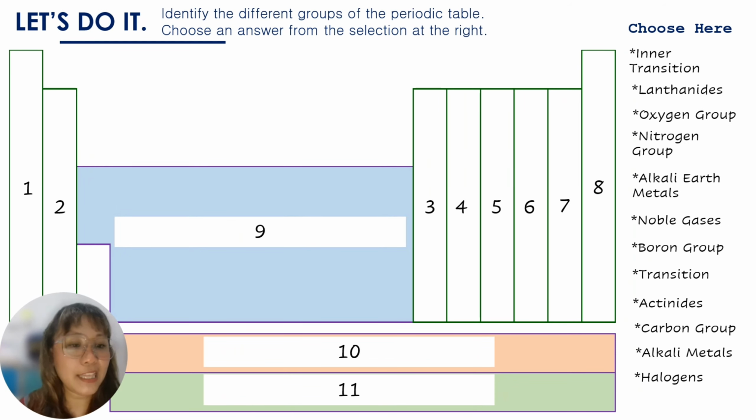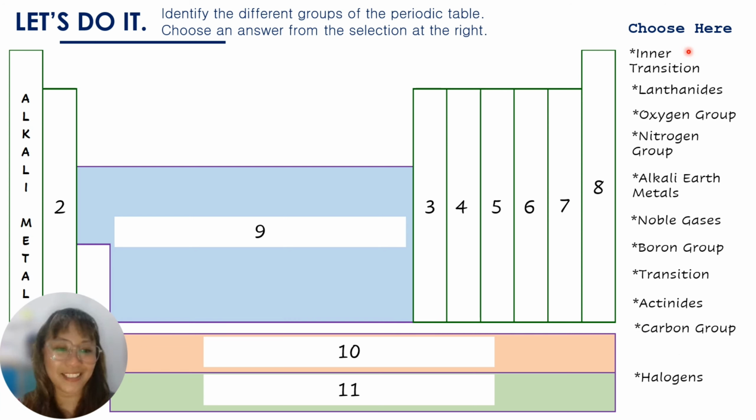In this part of the video, you're going to practice naming the different groups of the elements with me. So here are the numbers, here you will get the answers. Are you ready? 1, 2, 3, go. What's number 1? The answer is alkali metals. Number 2,